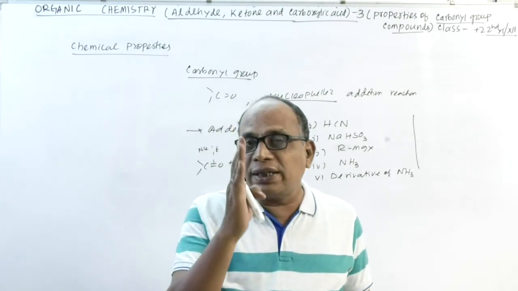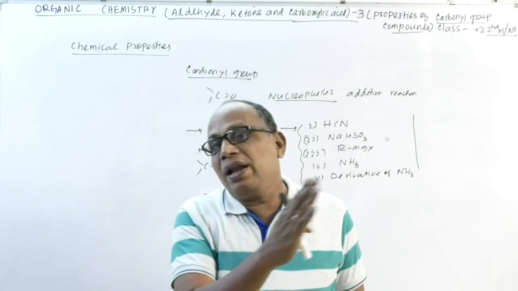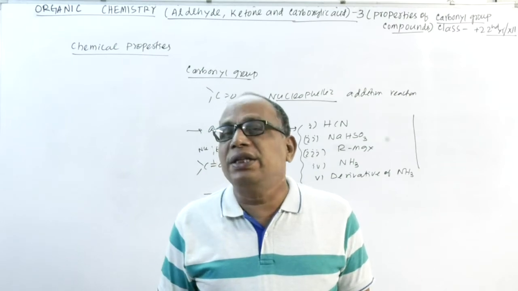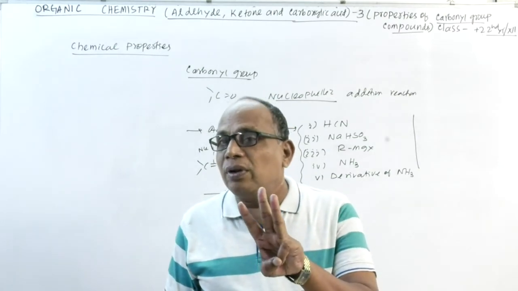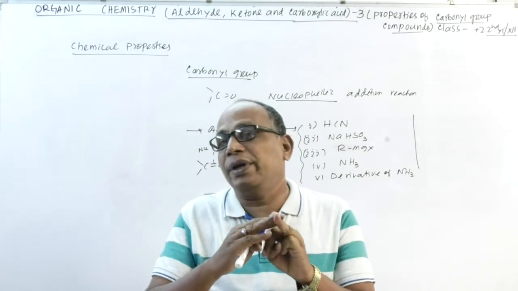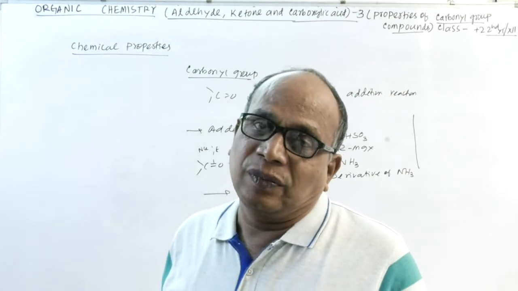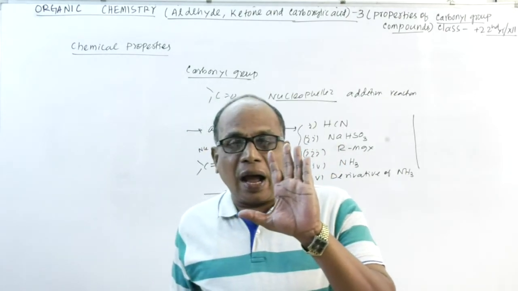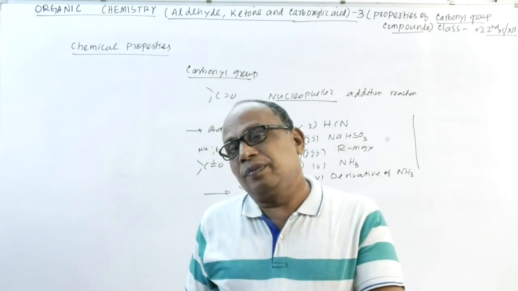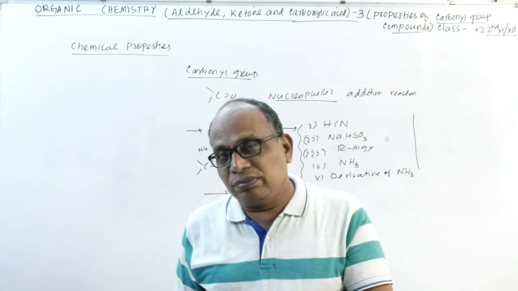So during ozonolysis, the carbon-carbon double bond gets broken, and this side gets one oxygen, that side gets oxygen, and zinc is there, which becomes zinc oxide. There are three oxygens in an ozone molecule. One oxygen goes to one carbonyl group, another oxygen to another carbonyl group, and another oxygen atom goes to zinc, which gives zinc oxide. Unbranched alkenes always give a mixture of aldehydes, whereas branched chain alkenes give a ketone.